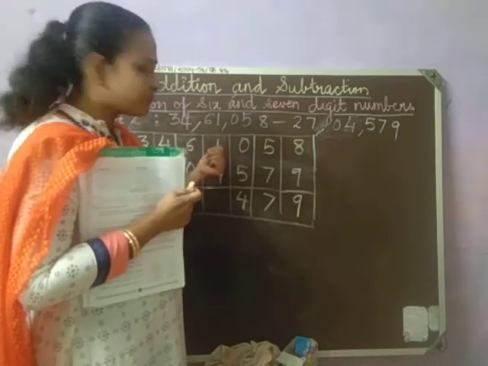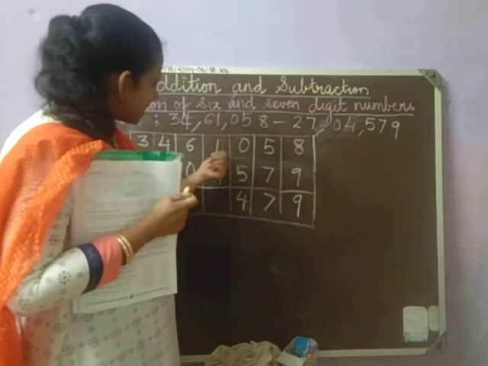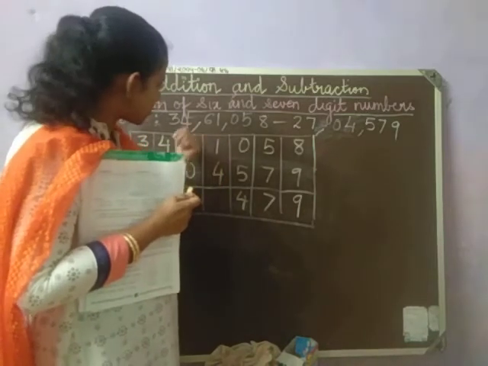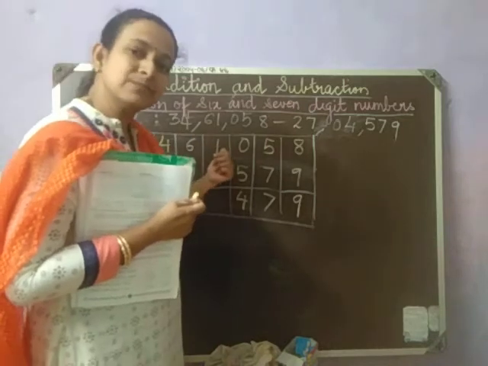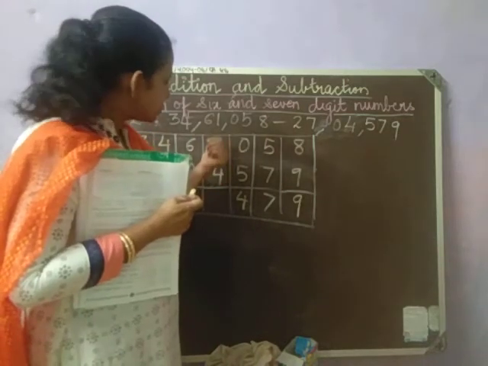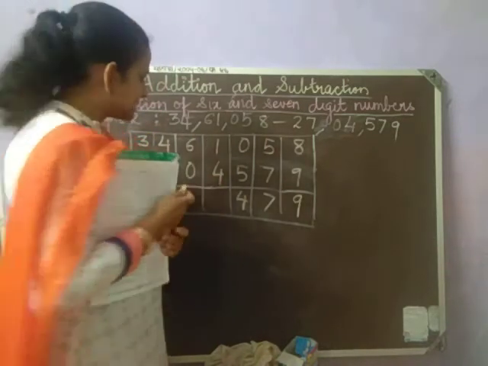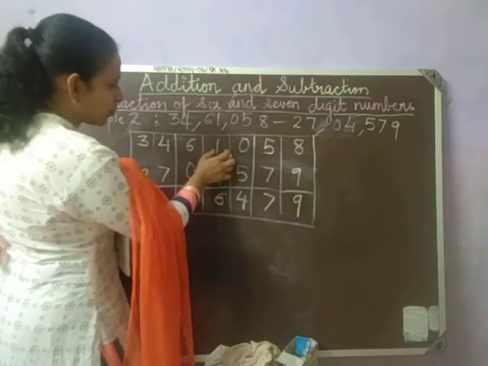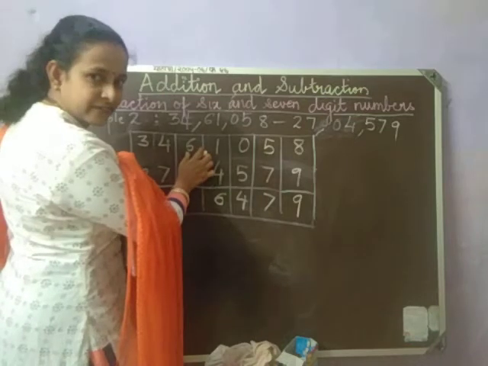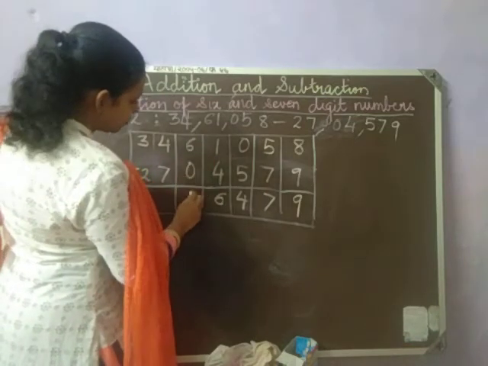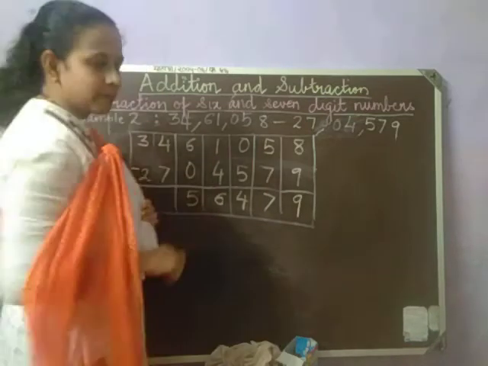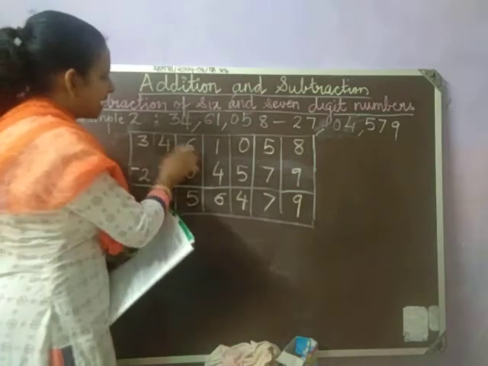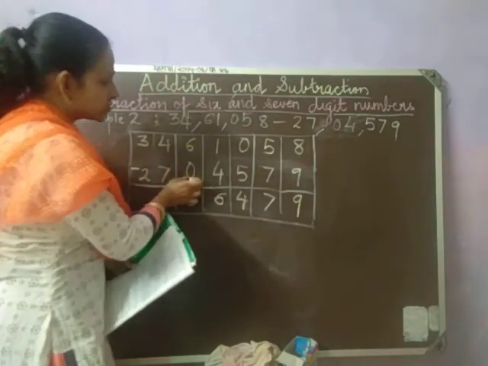Fine. So 0 is smaller as compared to 4, so we need to take one more from here. Now it becomes 10 again here. So 10 minus 4 is nothing but 6. But remember from here we have taken 1, so this has already become 5. So 5 minus 0 is nothing but the same number itself.